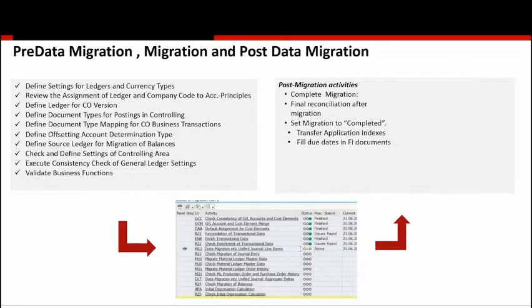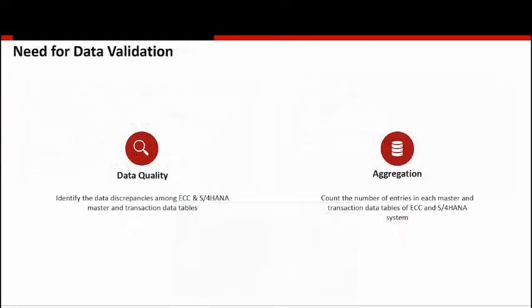And it is very crucial that you have a very good connect with the business of the customer, because all the data-driven errors will have to be resolved, and you need the help of the business to resolve those errors, the data inconsistencies. And once the migration is done, you'll have to validate. So you'll have to ensure that all the data that you had in the source system has been copied and you've not compromised on the data.